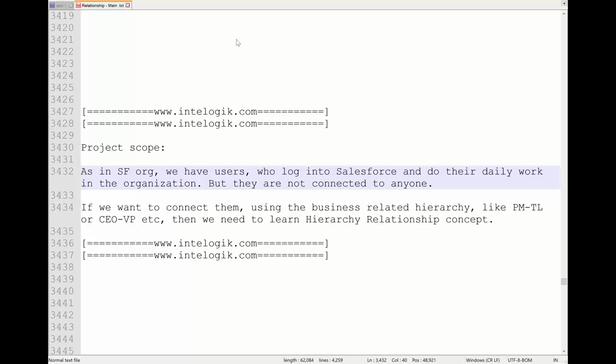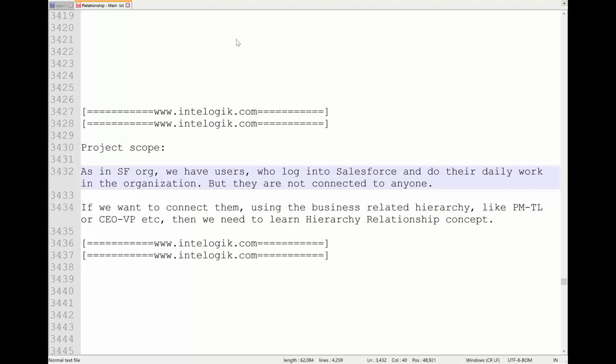And please note, that's why this relationship is used only and only to set up the company's hierarchy. This relationship is not about business. This relationship is not about transactions. This relationship is about the company's hierarchy. So this is a rare type of relationship where we don't have business related connections, but employee system related work, not about business.